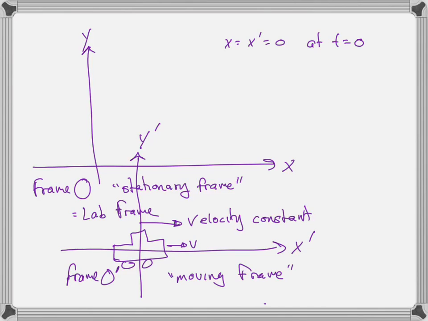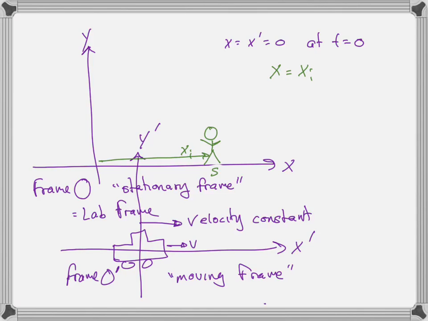So, for example, let's just say that somebody is standing in the lab at a position, no, we have to give it a different letter. Let's say that they're standing at position S, and S is a distance x initial from x equals 0. So it's at a position x initial in the unprimed frame, in the frame O. It's called the unprimed frame. So x, according to the unprimed frame, is x initial.